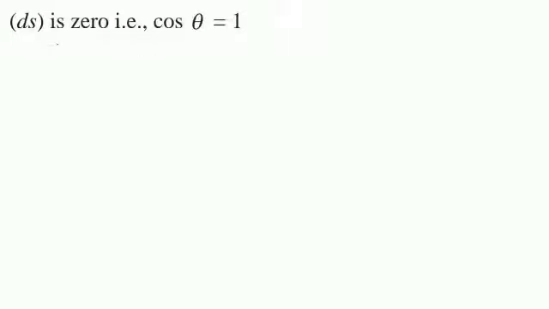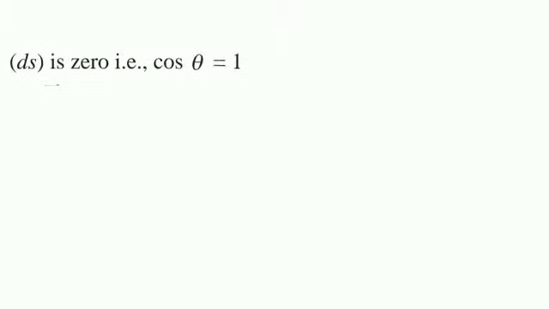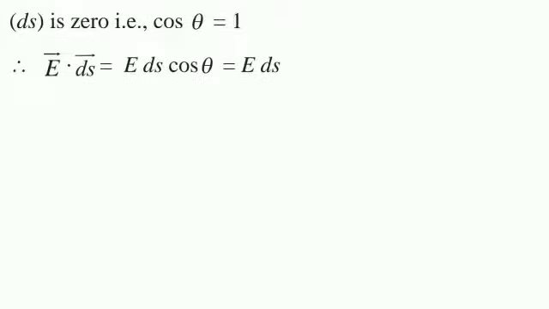Now as you can see in the diagram, theta is the angle between E and the normal drawn to ds. As you can see here, the angle between them is 0. So that's why finally we can say that this is nothing but E ds. Now as we know, the flux d phi through an area ds. Now ds is what? A small area.